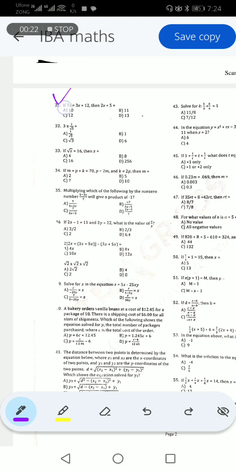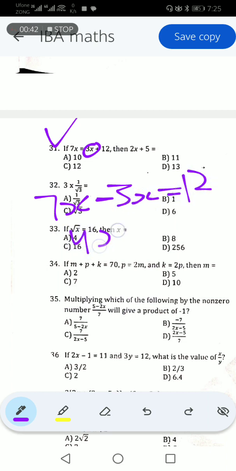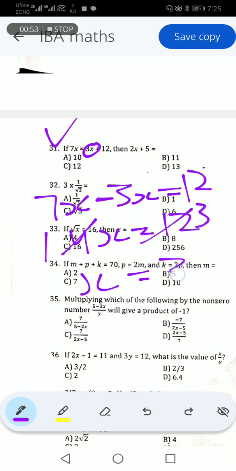So if you have a look at the equation, let me zoom in. Here 3x is positive, so after moving it, it will be negative, and that is equal to 12. So our answer would be 4x is equal to 12, and x will be equal to, here 4 is being multiplied, after moving it will divide. 4 ones are 4, and 4 threes are 12. So our answer is 3, but the question doesn't end here,